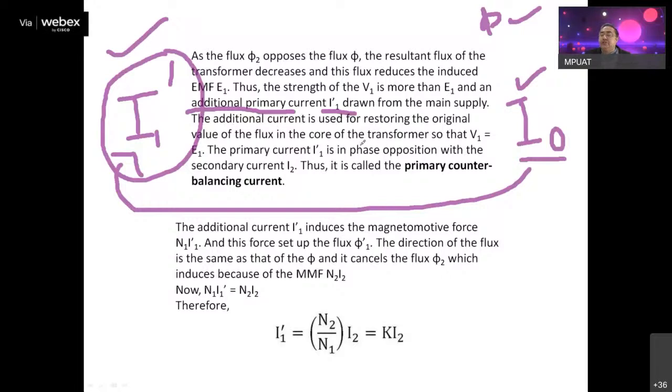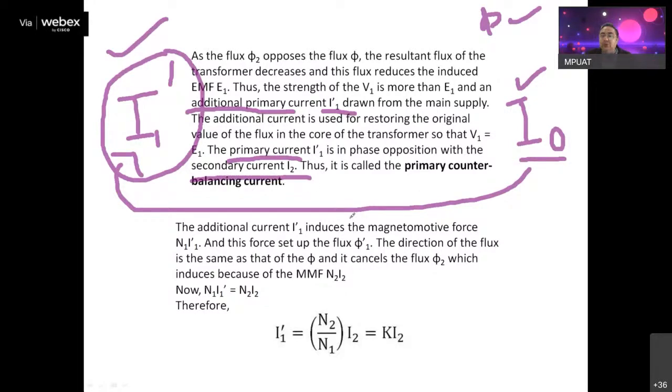Now what is the role of this additional current? This additional current is used for restoring the original value of the flux in the core of the transformer so that V1 is equal to E1. इस additional current का काम है कि वो जो flux phi है जिसको reduce कर दिया था phi2 ने, phi minus phi2 बना दिया था, उसको compensate करे और हमारा जो induced EMF प्राइमरी में E1 है वो maintain रहे, ठीक है।